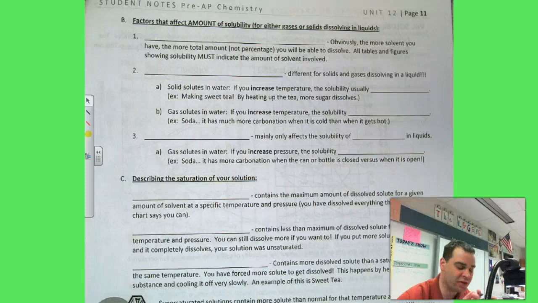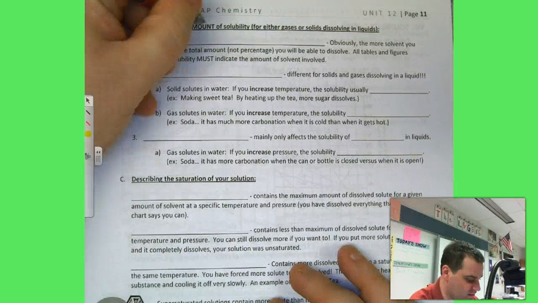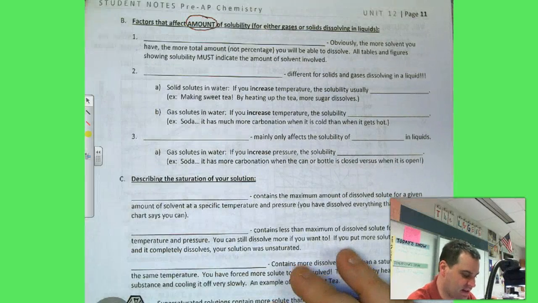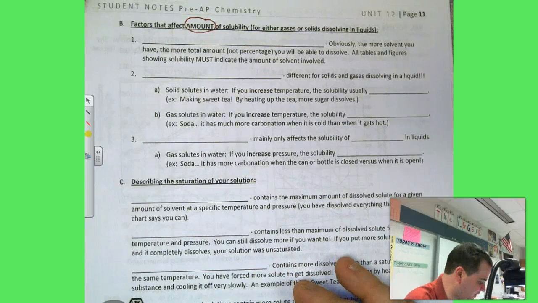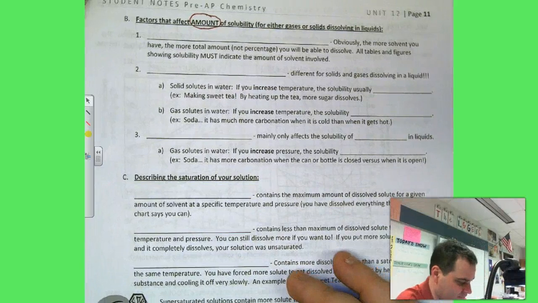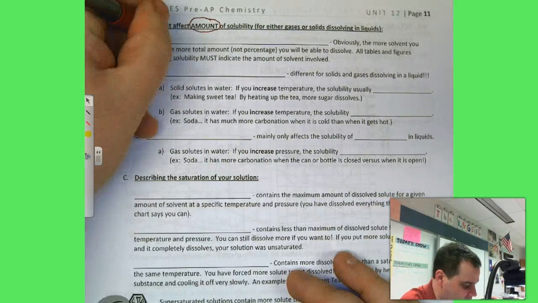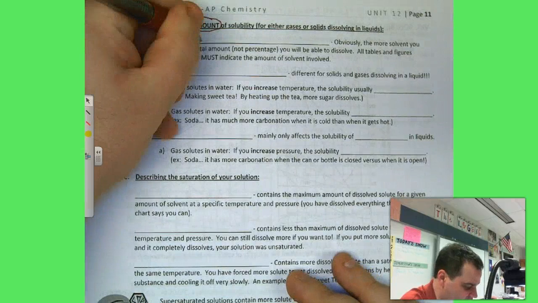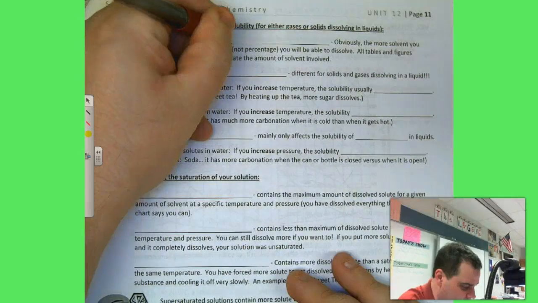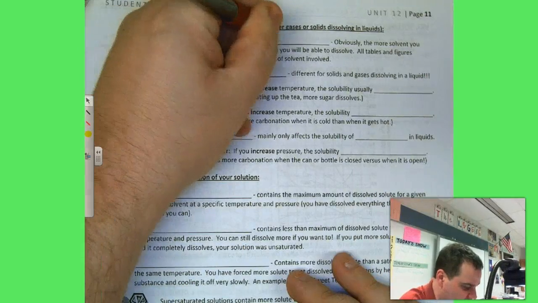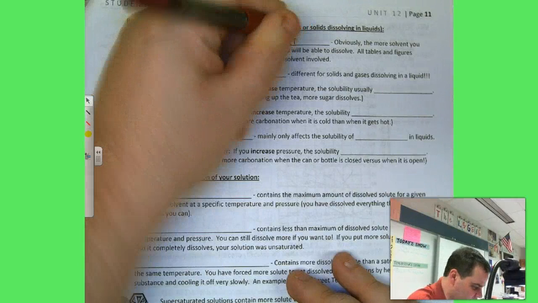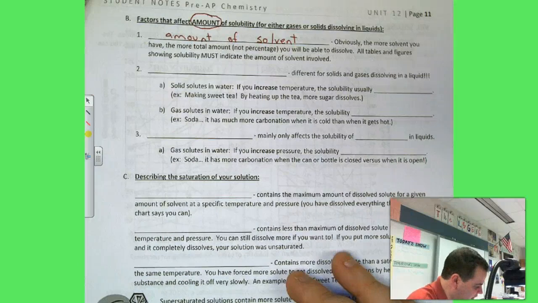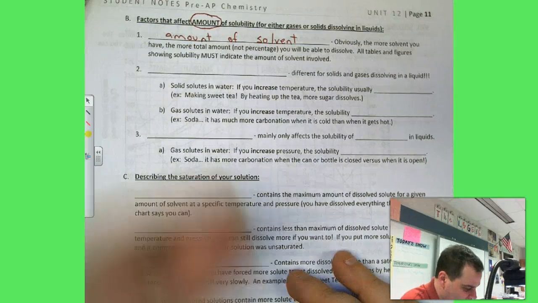Okay, now we're going to talk about the amount of solubility. This is for either gases or solids dissolving in liquids. Number one, the amount of solvent. If you have more solvent, you can dissolve more in it. So if you have more water, you can dissolve more salt in it. Number two, the infamous temperature,